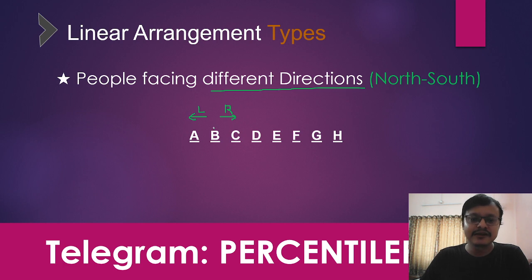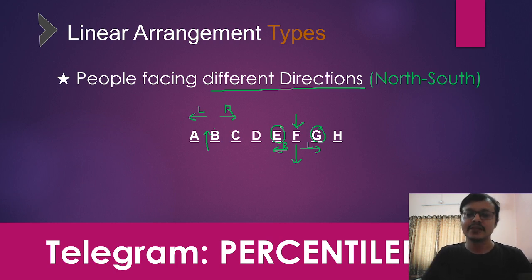For example, if B is facing this direction, then obviously, yes, A is to the left of B and C is to the right of B. However, let's take an example of person F who is facing the opposite direction compared to B. So F is facing this direction, which means to the left of F, you have person G, while to the right of F, you end up having person E. So as you can see, जैसे कोई दूसरा direction में face कर लेंगे,